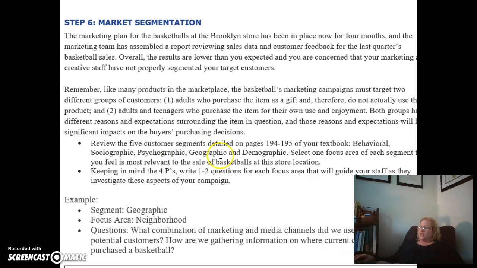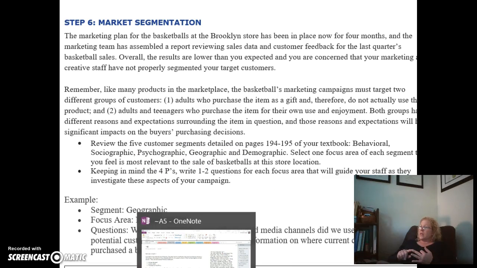So you're going to review the 5 customer segments that are detailed in your textbook. These are behavioral, sociographic, psychographic, geographic, and demographic. Select one focus area of each segment that you feel is most relevant to the sale of basketballs at this store location. So you're going to talk about all 5. You're going to take one focus area from each segment. So you would have 5 focus areas. 5 segments, 5 focus areas. And the focus areas of each segment are what you feel is most relevant to the sale of basketballs at